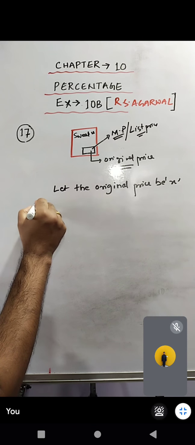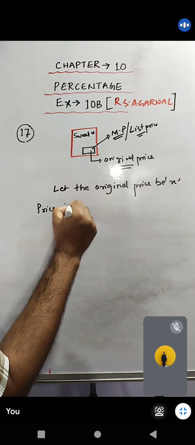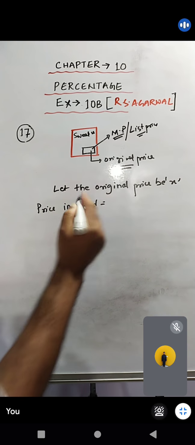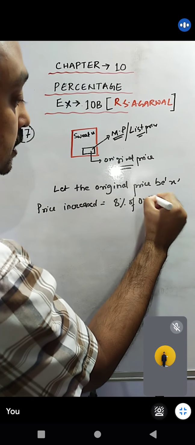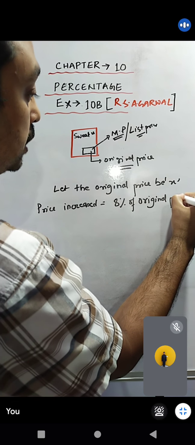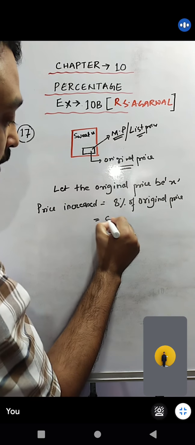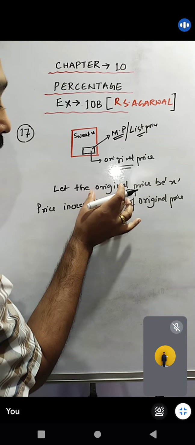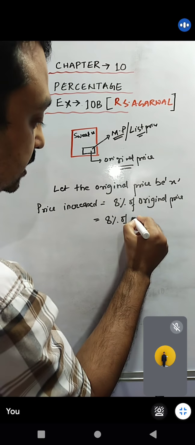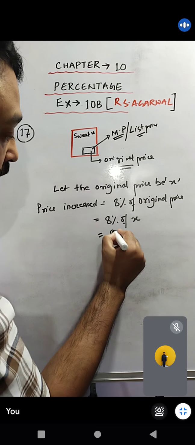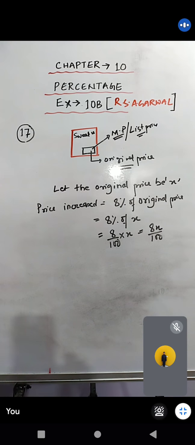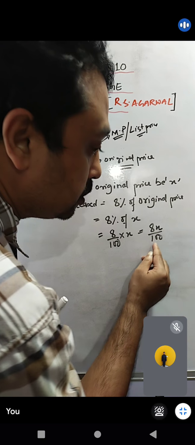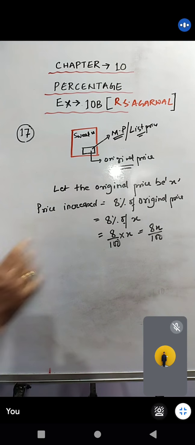So we have to check what is the 8% of the original price. कितना price बढ़ाएगा? What is the price that has been increased? That is 8% of original price. So 8% of original price means 8% of what was the original price? We assume the original price as X. Now we have to see that after calculation, what it will come? It will come 8x by 100. We will not reduce it here. I know that many of the students are thinking that we can reduce also. We will not reduce it. We will keep the answer as it is, like this only.